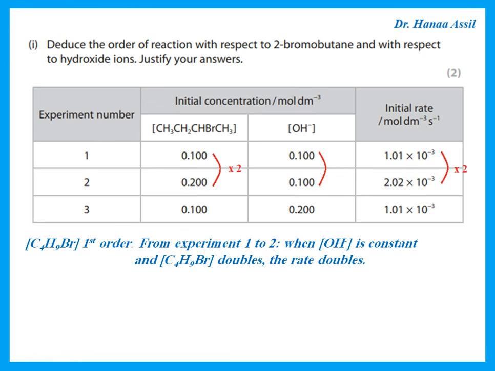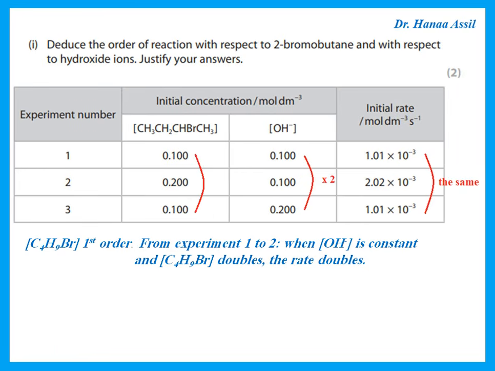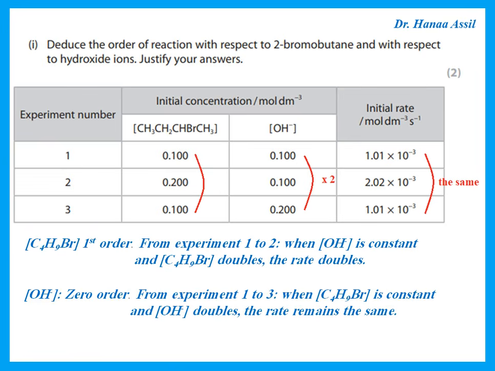Hydroxide ion is constant, the other doubles, the rate doubles. Then we want with respect to the OH minus. Okay, we choose the two experiments in which the alkyl halide is constant. So experiment 1 and 3, the 2-bromobutane is constant. What happened to the OH minus? Well, the OH minus doubled. Now, what happened to the rate when we doubled the OH minus? Nothing. The rate remained the same, and that means it is zero order with respect to OH minus, because from